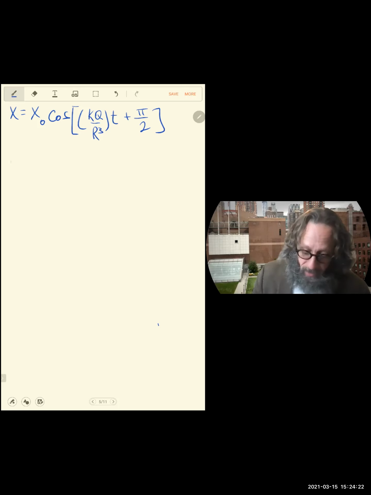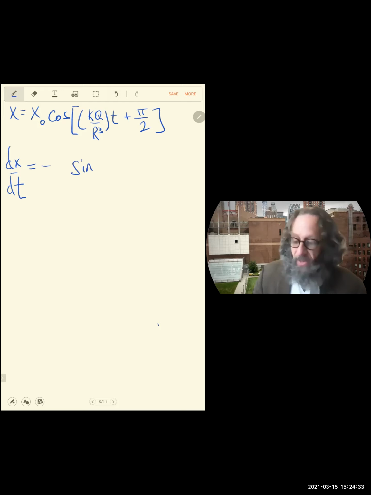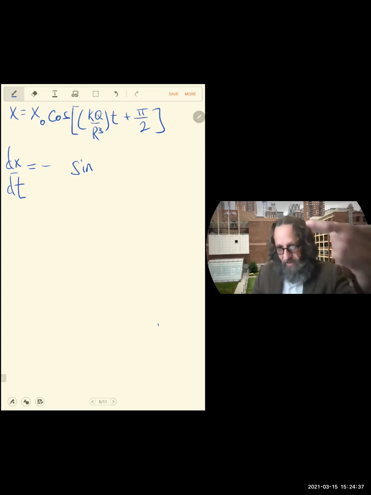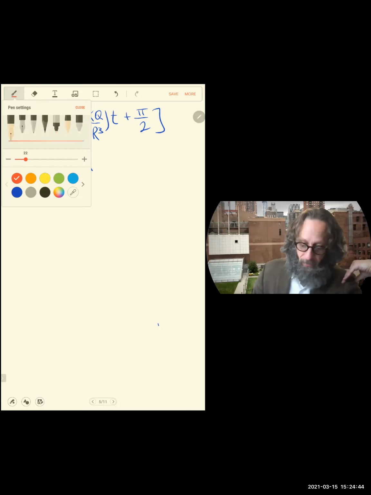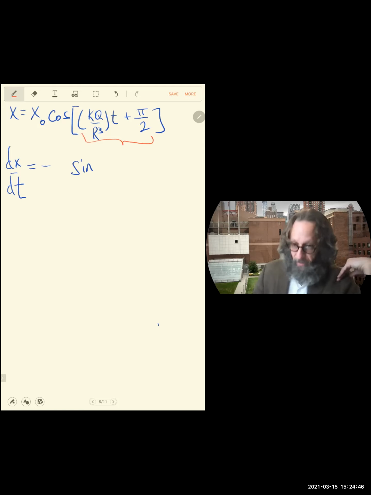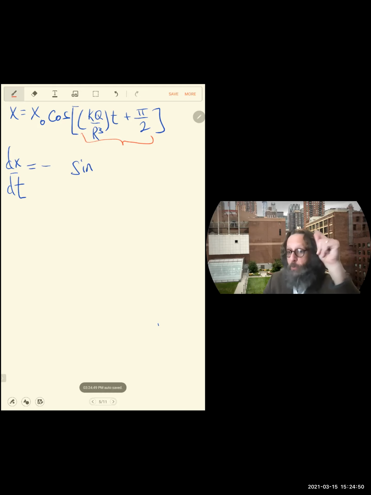So I have that. So I take one derivative. To take one derivative, first of all, I know that the derivative of cosine is sine. Sorry, there's going to be a negative sign thing going on. But then chain rule, I have to multiply everything by the derivative of what's inside the brackets, right? Because of chain rule, I've got to do the derivative of this whole thing with respect to t.